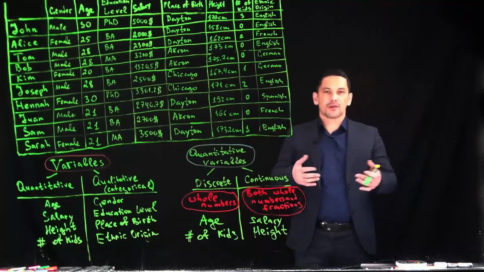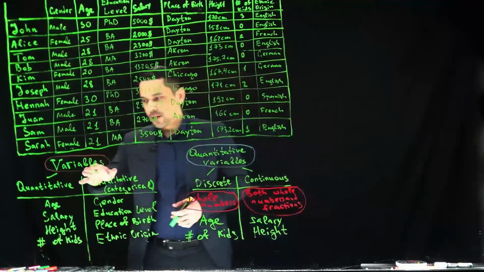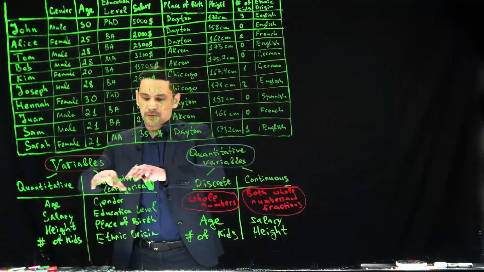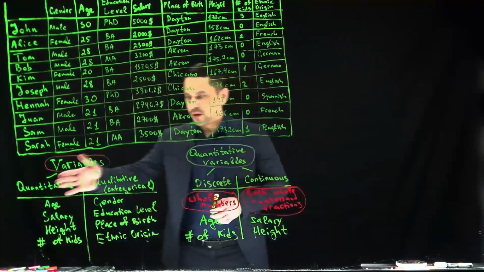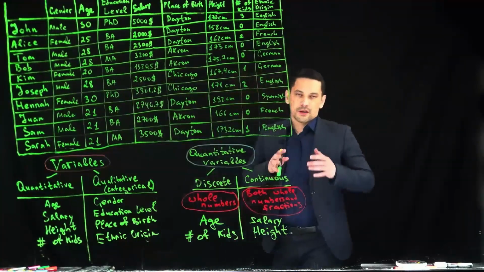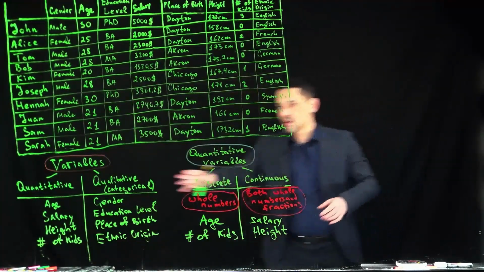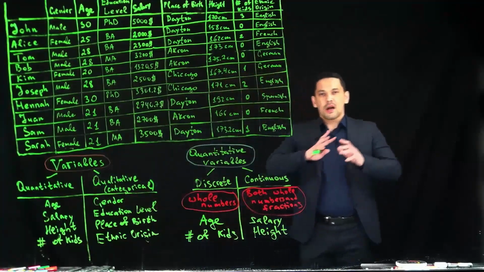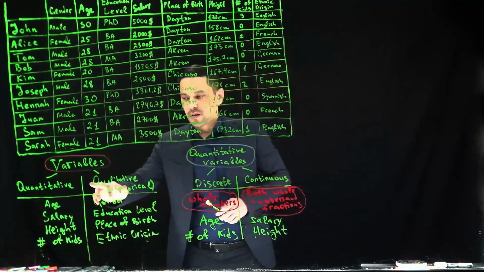Now, I hope you guys know what a variable is. Now, please write this down. Any kind of a variable is either quantitative or qualitative. Qualitative variables are sometimes called categorical variables. I want to explain the difference between them. If a variable takes on numeric values only, then this variable is quantitative. If a variable doesn't take on numeric values, then this kind of a variable is qualitative,